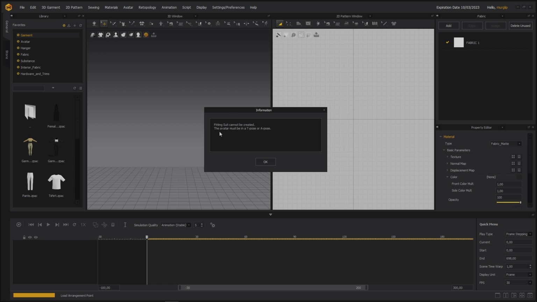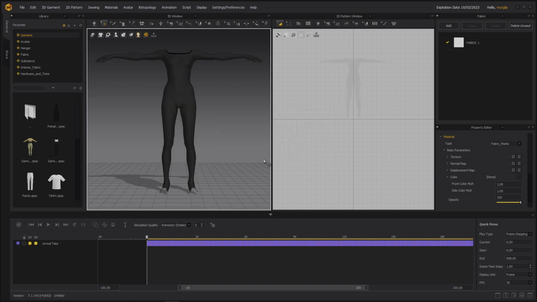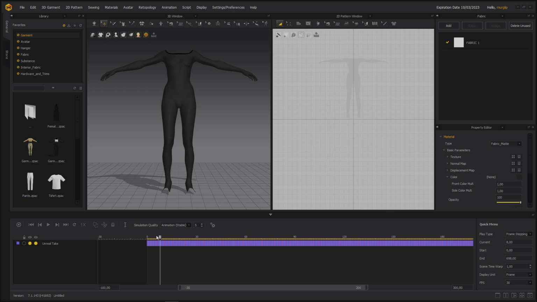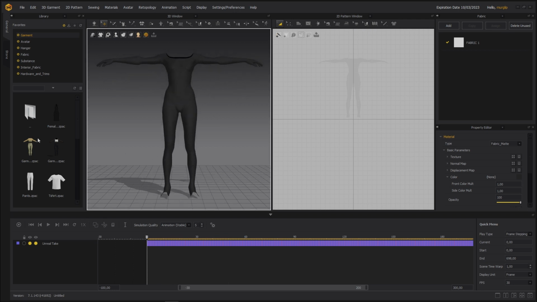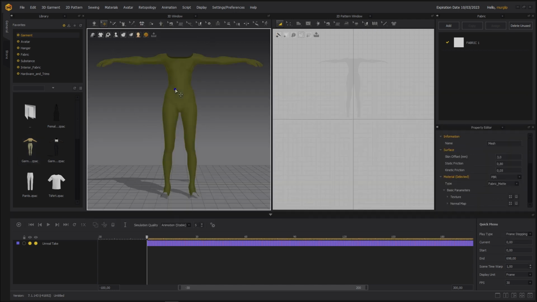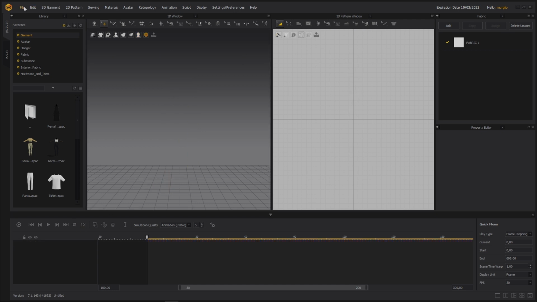Fitting suit cannot be created. The avatar must be in a T-pose or A pose. You can carry on without it. It does not matter too much, but it does help with clothing the character in the end to create a fitting suit and everything. So delete that.